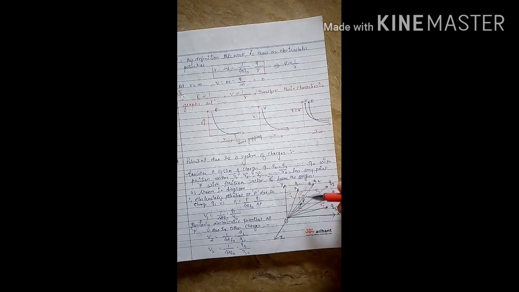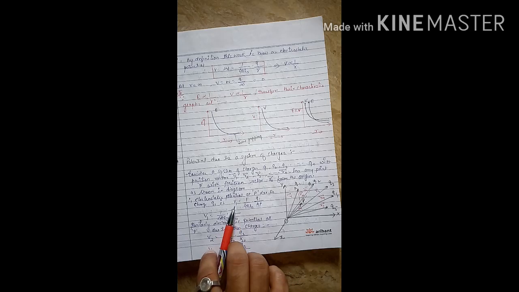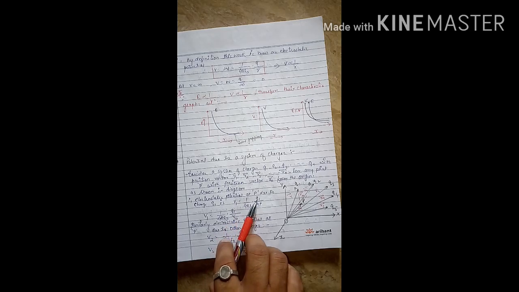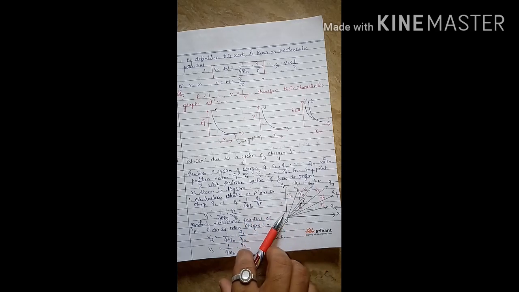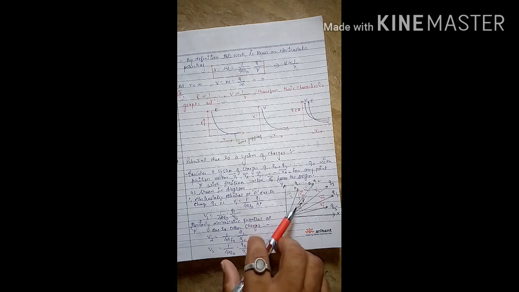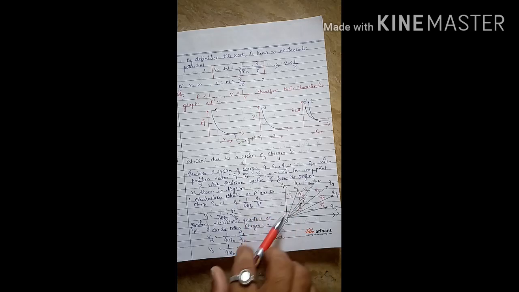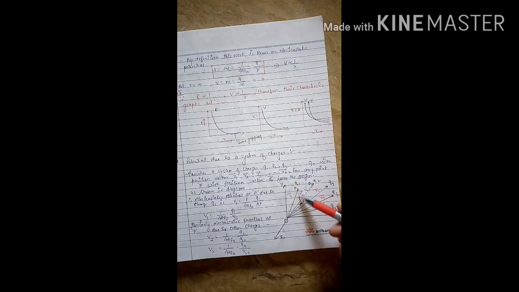Due to point A, in which charge q1 is located at position vector r1, the electrostatic potential at point P is given by V1 equal to 1 over 4 pi epsilon naught q1 upon AP. AP is the distance from charge A to P, which, by using the vector property, we will write as r10. By using vector addition in this triangle, we can write this r10.